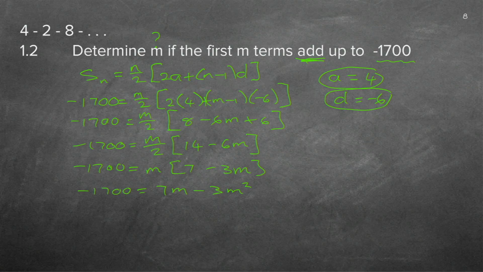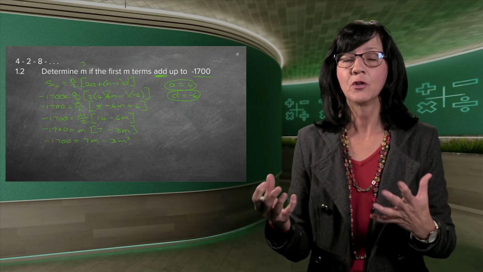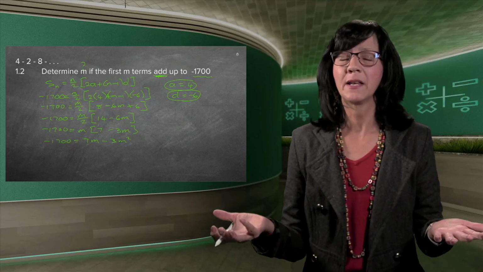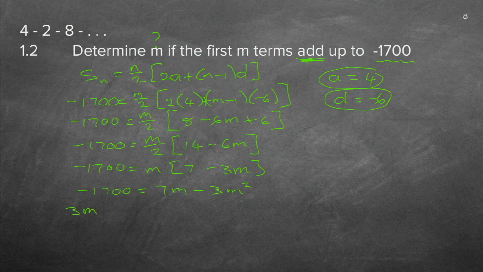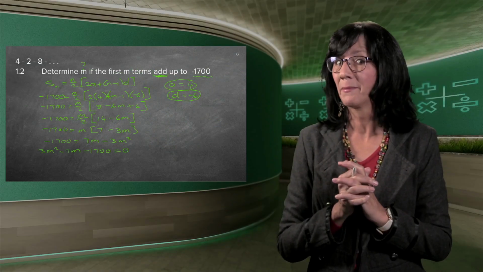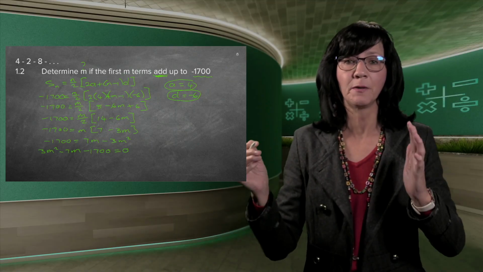Now you can immediately see there's the m squared. The minute you see a squarey thing, you know I'm going to need to factorize. So you need a 0. And I don't want a minus in front of the m squared ever. So I bring it to the left-hand side: 3m squared minus 7m minus 1,700 is equal to 0. Now I need factors. I do not know if you know what times what is 1,700, but I don't know. And also the 3 must be involved in the beginning, so it's going to be very difficult.